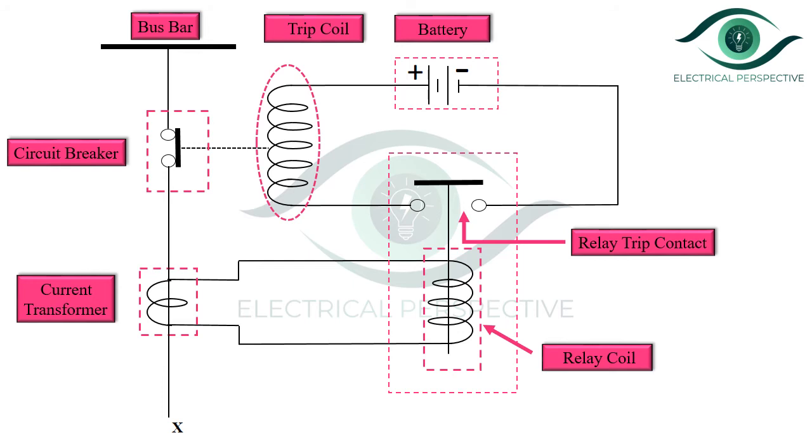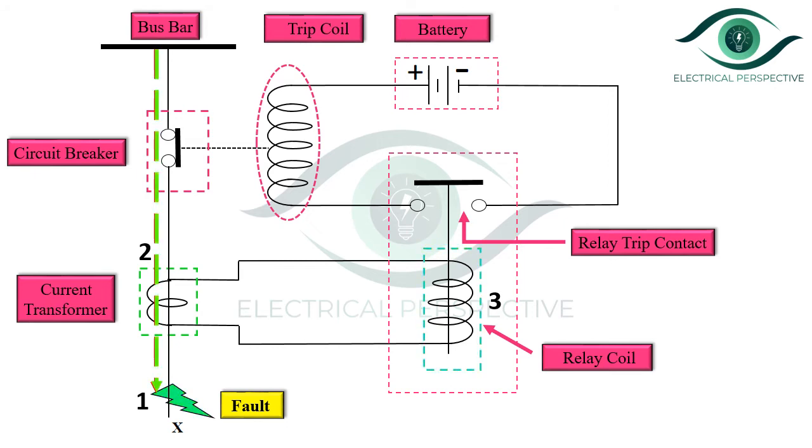Please refer to the diagram. The contacts of the circuit breaker are in closed position under normal operating condition. So, the normal rated current will flow through the line. Now, if the fault occurs on the line, then the current through the line increases to a very high value. The CT senses this current and proportionate secondary current will flow through the current coil of relay, due to which the MMF of this relay coil is increased.